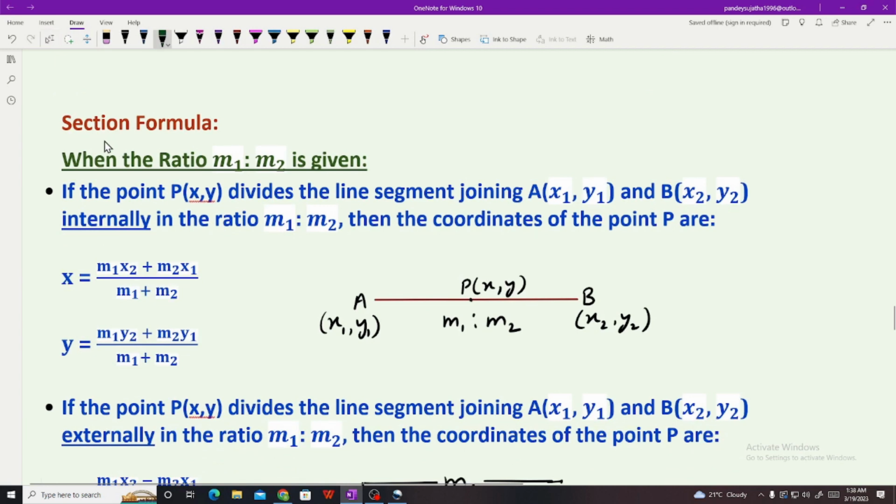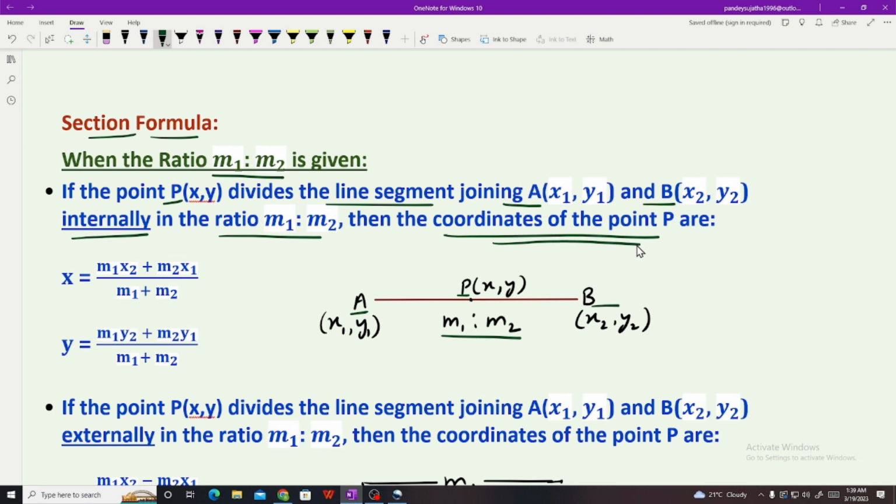The section formula is used to find the coordinates of the point P that divides the line segment joining the 2 points in some specific ratio. Here in this, the ratio given is m1 is to m2. So here, if the point P divides the line segment joining the points A and B internally in the ratio m1 is to m2, to find the coordinates of the point P,